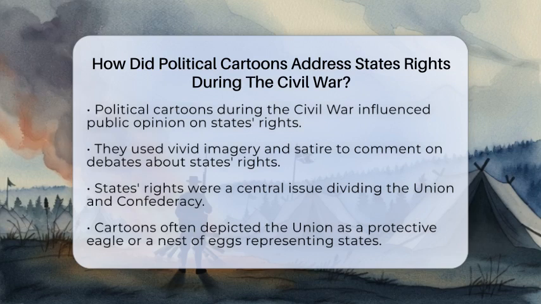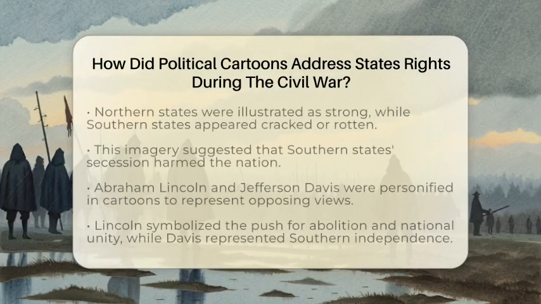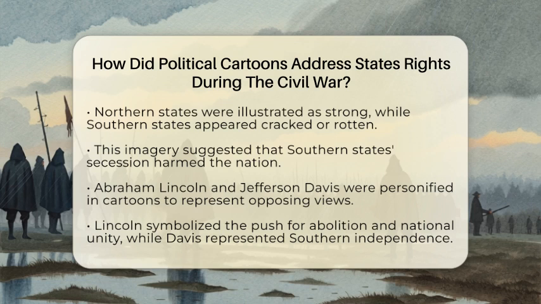For instance, many cartoons illustrated the Union as a protective eagle or a nest of eggs representing the states. The northern states were shown as strong and healthy, while the southern states were often depicted as cracked or rotten eggs. This imagery suggested that the southern states, by asserting their rights to secede, were harming the nation and promoting